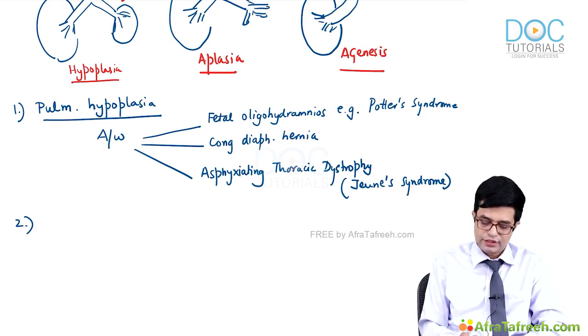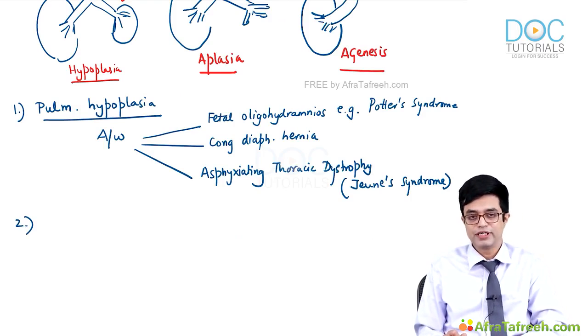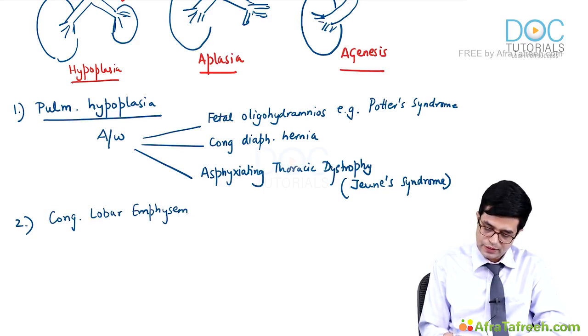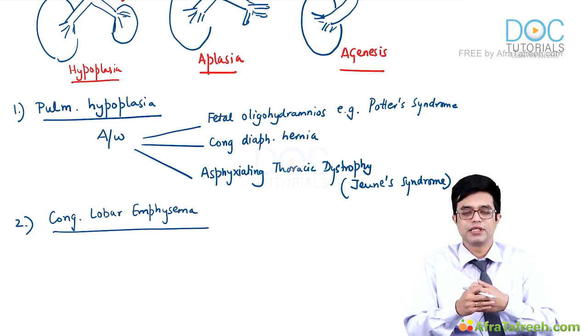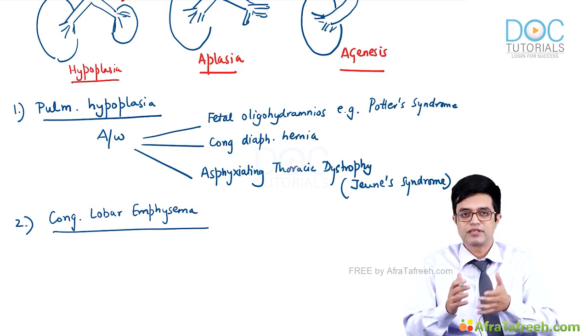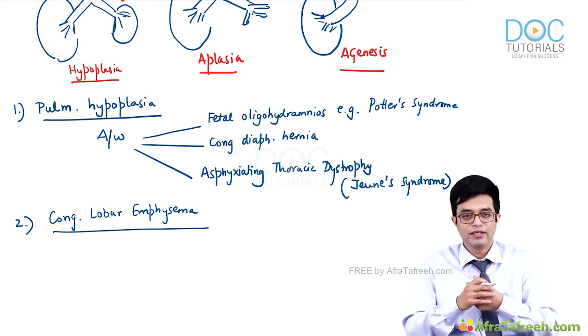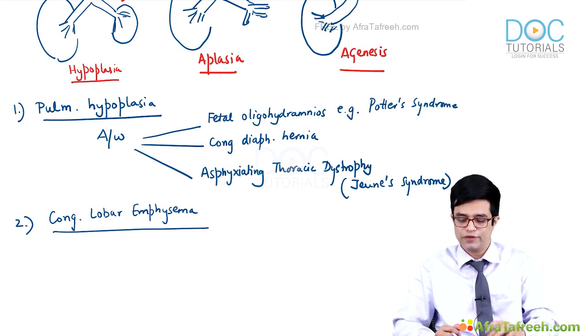The second condition that is important, an important congenital lung disease on which a question in AIIMS entrance has been asked 2 times in the past, is congenital lobar emphysema. In your MBBS, you have read about emphysema. What is emphysema? It is dilatation and destruction of the lung tissue, producing largely dilated alveolar spaces. If it is congenital and affects only one specific lobe of the lung, we call it